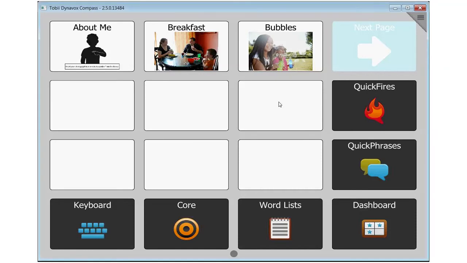Hello! Today we're going to talk a little bit about how you would add a schedule behavior support in the Tobii Dynavox Compass software. In order to add or utilize any of the behavior supports, you have to be using